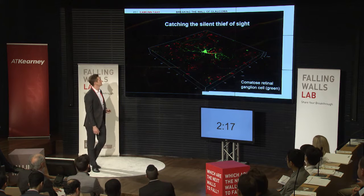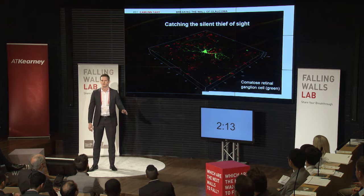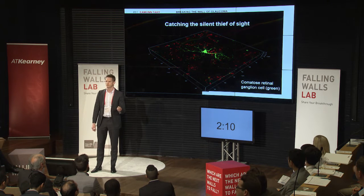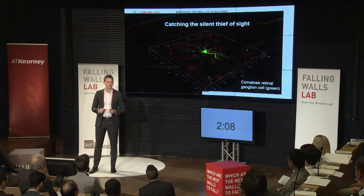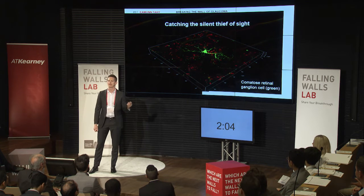Now, vision is lost in glaucoma because these things, retinal ganglion cells, die off. They're the nerve cells that make up the optic nerve, and without them, we can't transmit vision from the eye to the brain. Now, the traditional view of glaucoma is that it's a one-way street, ultimately ending in ganglion cell